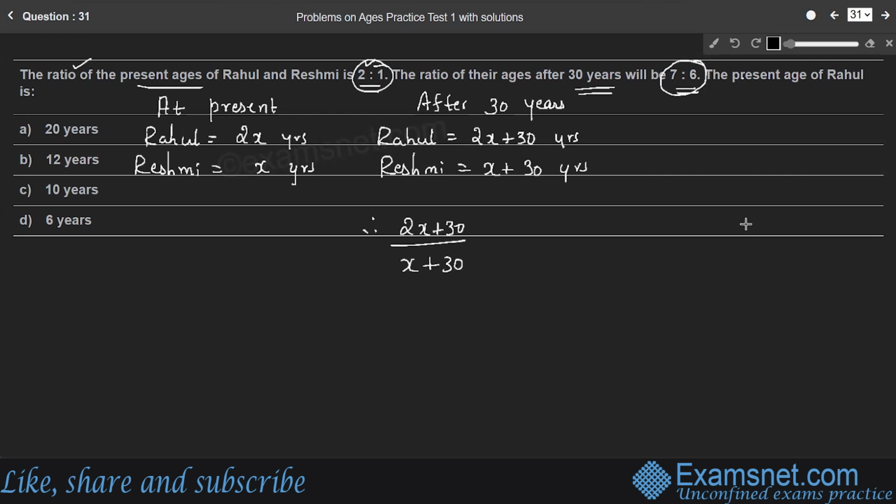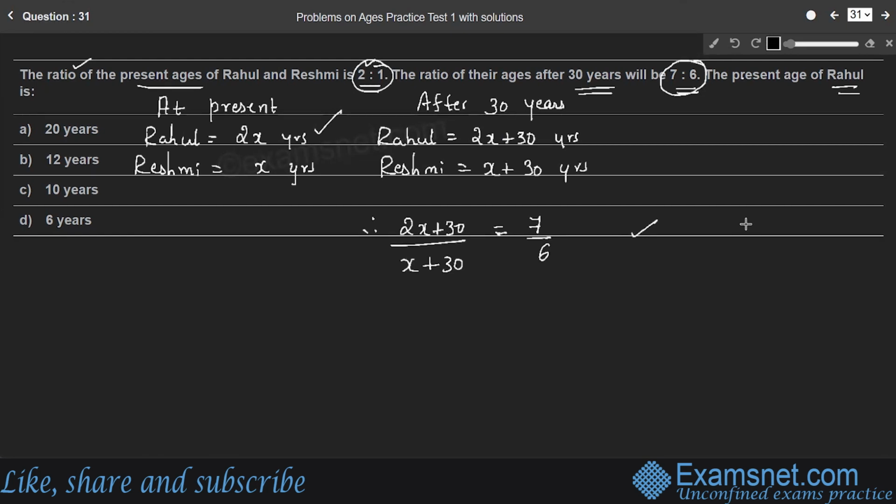Rahul's age to Rashmi's age will be 7:6, 7 by 6. So the present age of Rahul, we need the value of 2x years, right? For that we need the value of x. So considering this equation, after 30 years, the ratio of their ages, we'll find the value